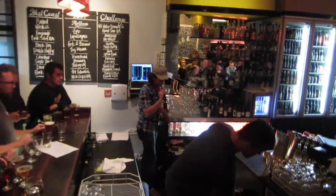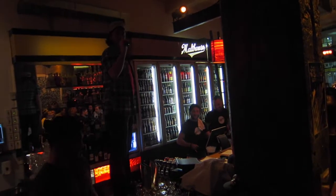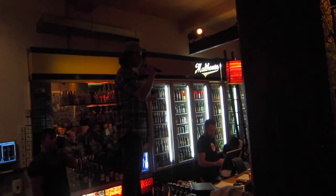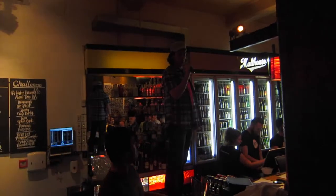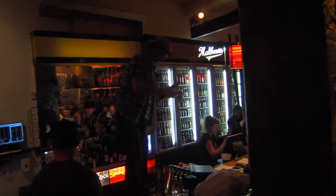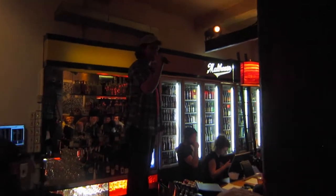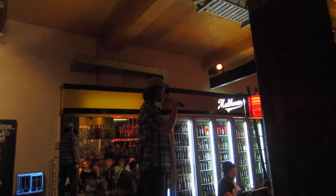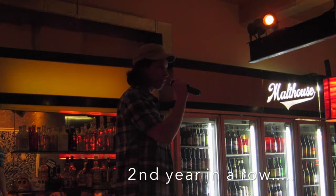Welcome to the 7th annual Malthouse West Coast IPA Challenge. Okay, so we have 2 awards to do this evening. We've got the People's Choice Awards and the overall winner that was judged by a panel of 6 judges this morning. Thanks to those guys, if any of you are here. I reckon we will start off with the People's Choice Awards. There was some late and frenzied voting in the last 20 minutes, but when I ran upstairs and started counting them all, it became apparent very quickly that for the 2nd year in a row, Baylands Brewery